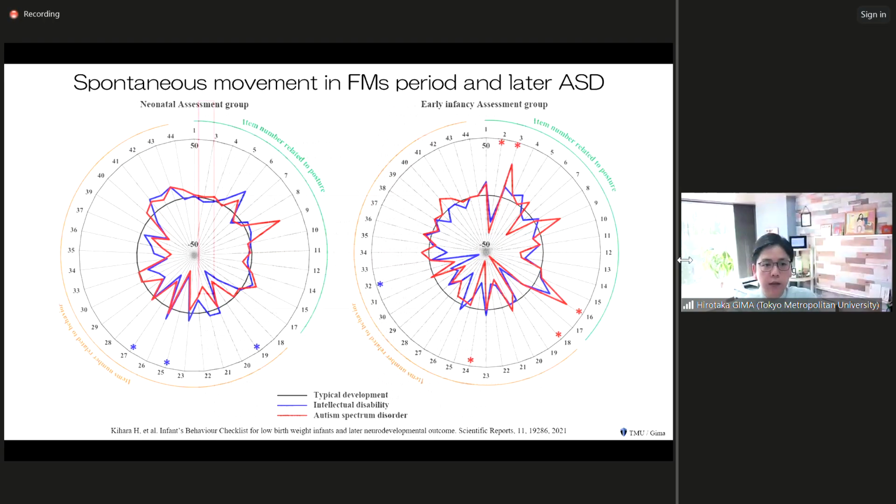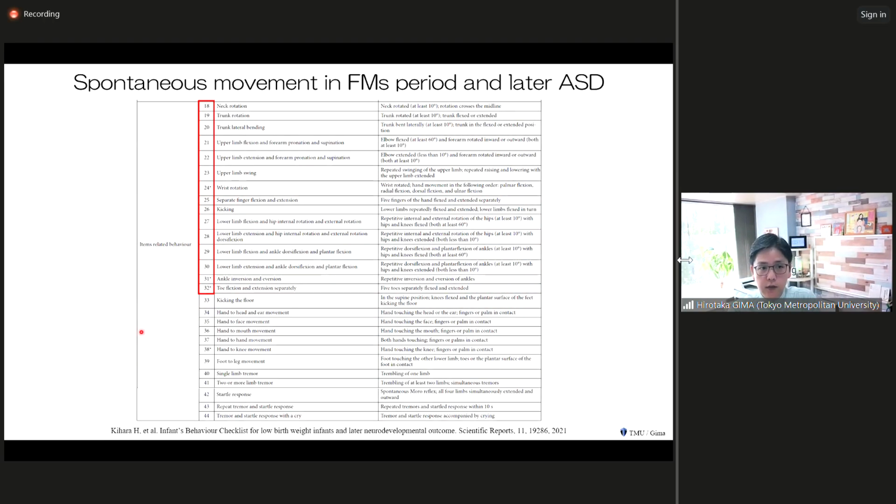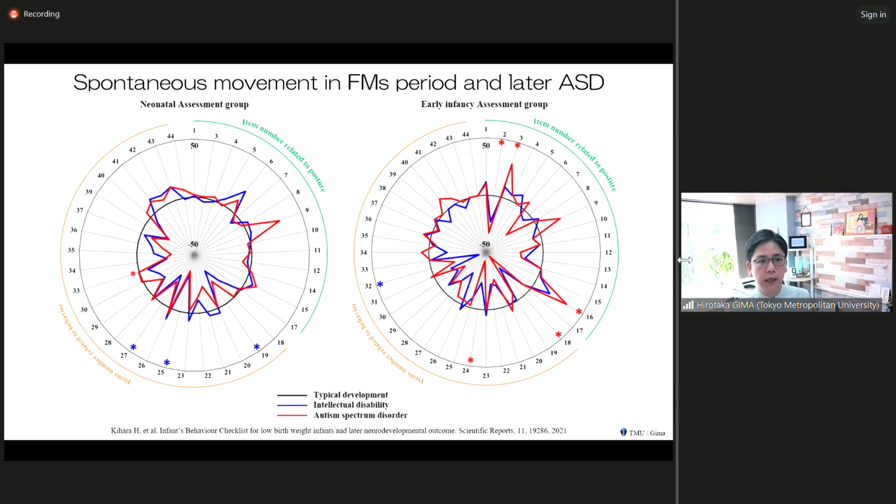The items were divided into two main categories, items related to posture and items related to behavior. Now the results. This figure shows the distribution of the data for each item in the intellectual disability and ASD groups at the neonatal assessment and early infancy assessment, shown by the difference of percentage of participants for whom the posture and